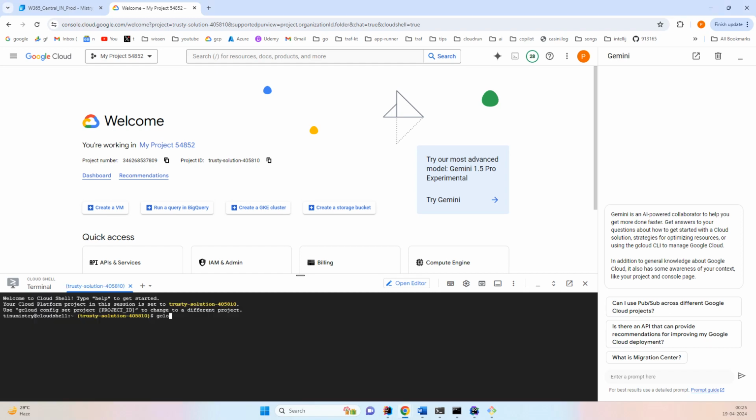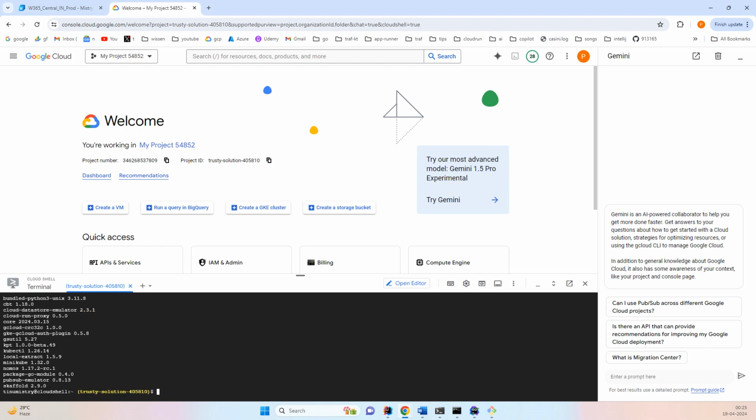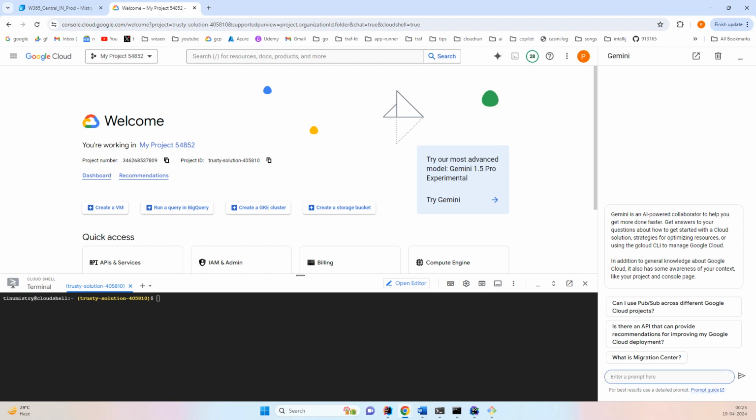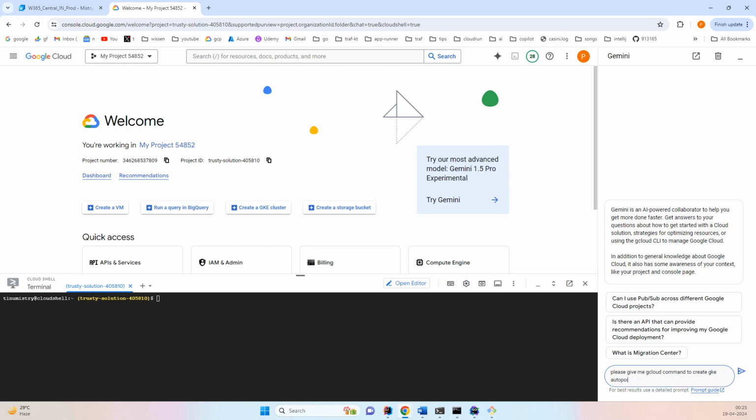So now let's see the gcloud version, all working fine. Okay, let's clear it. Now what I will do is I'll just ask Gemini, please give me the gcloud command to create a GKE Autopilot cluster, with region, because Autopilot requires a region, us-central1,